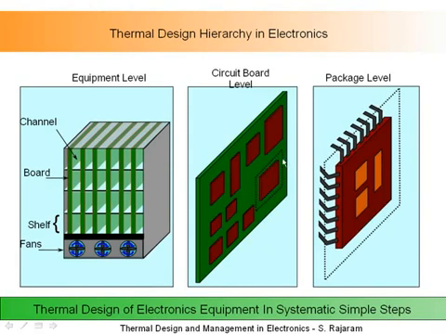So this is a very typical product, and the way we do it is first we look at it from a system level. We do analysis at the global system level. We have all the information about the product. And then what we do is we determine the environment around each of those boards from a system analysis. Then we do a board level analysis. From that, we get information about temperature around the board, temperature on the packages, how much heat is dissipating by each package. Then we do detailed analysis and measurements around each device. And then we look into each of those from analysis and measurement. So that's the sort of hierarchical step that we normally do.